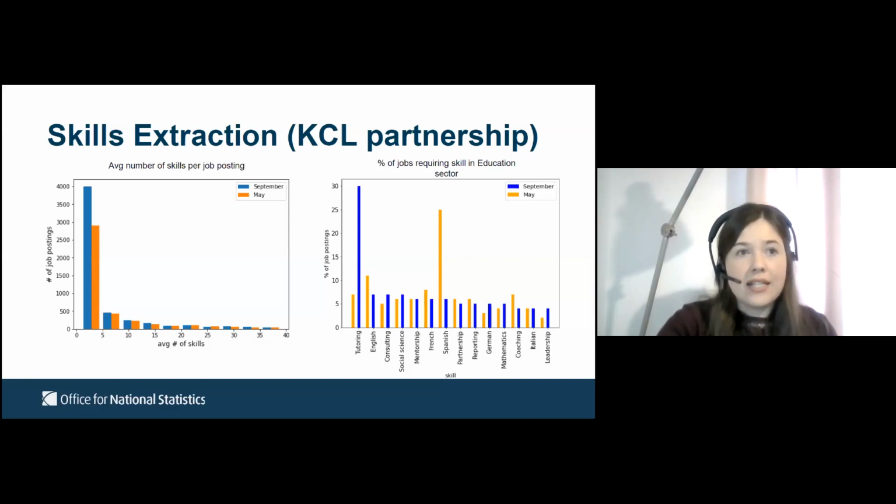And the results that are on this slide at the moment are based on extracts of Adzuna data that were taken in May and then again in September. So we've been able to capture the change over time. The chart on the left shows the average number of skills per advert. You can see that's relatively low for most job adverts, having around 4 skills per advert. But there are some outliers in the data. There are some job adverts which had up to almost 40 skills. And when we investigated some of these cases, they related to jobs in the IT sector. So there will be roles such as software developers, which required knowledge of many different programming languages and software packages.